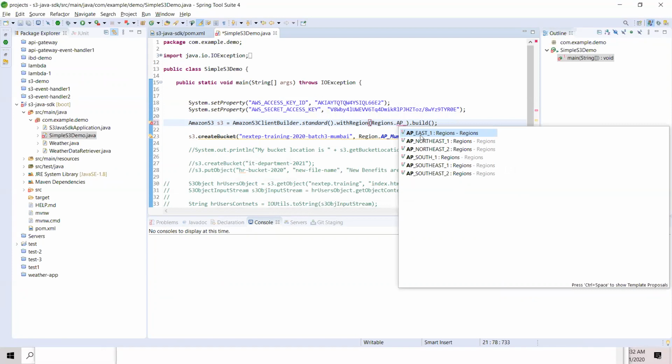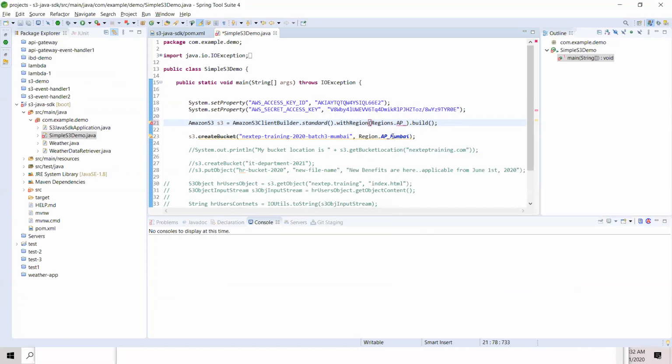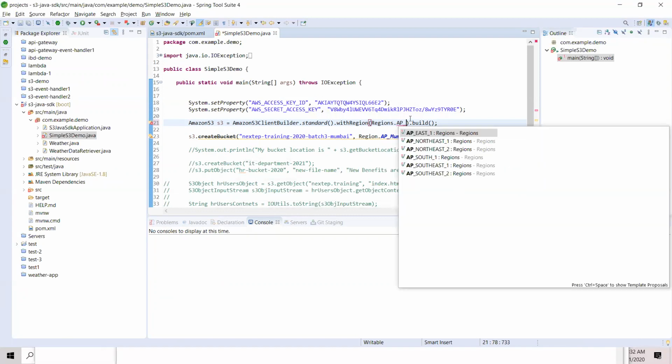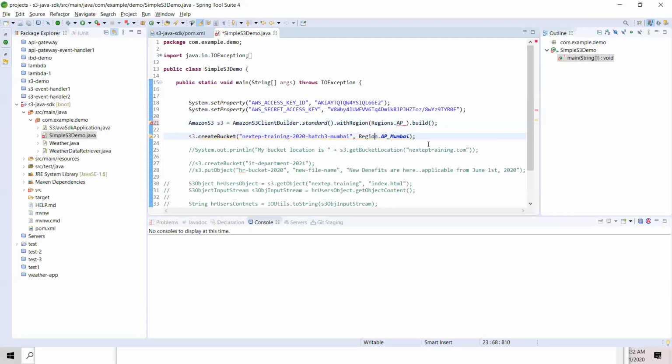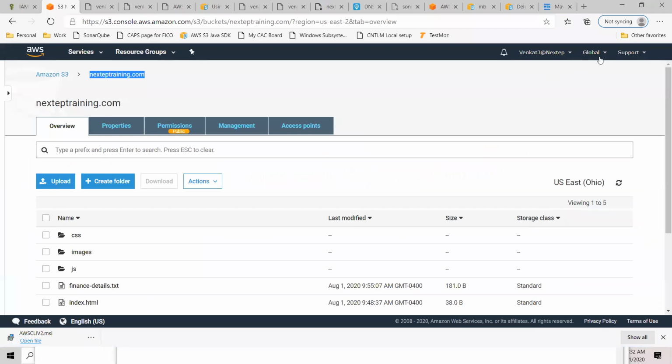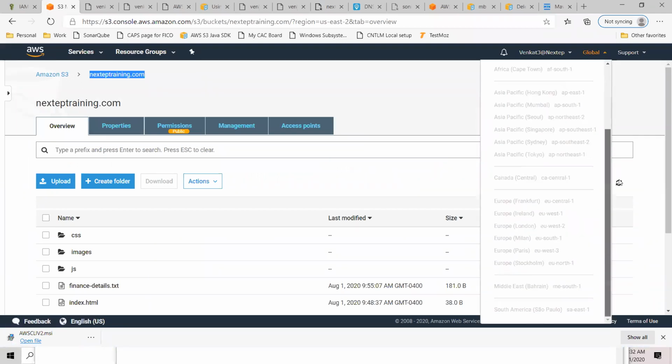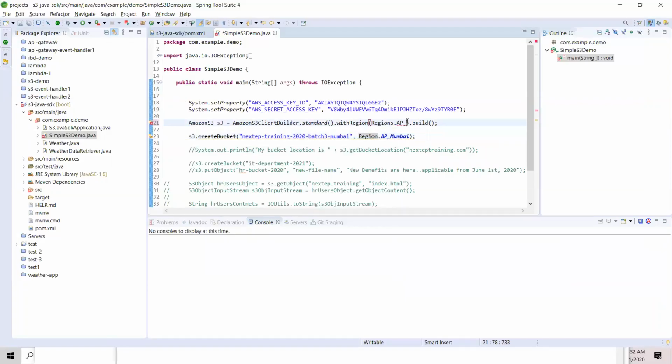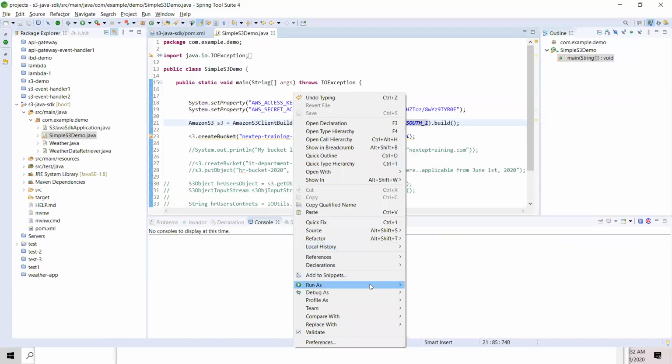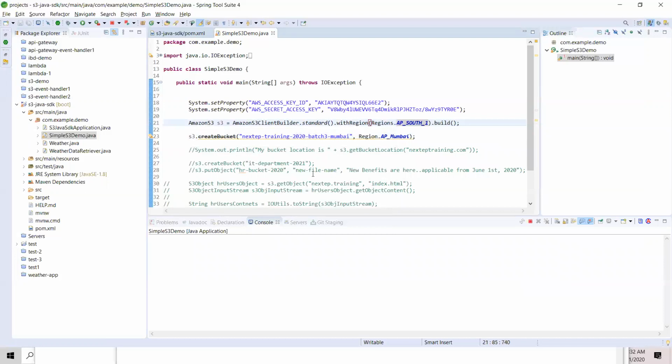Region AP. What is this? Mumbai is in the western part of India. From the region perspective, go here, it will tell you Asia Pacific, Mumbai, AP South 1. So that's what I was looking for. AP South 1. There you go. So now it works.